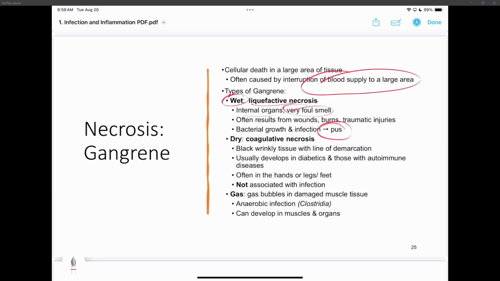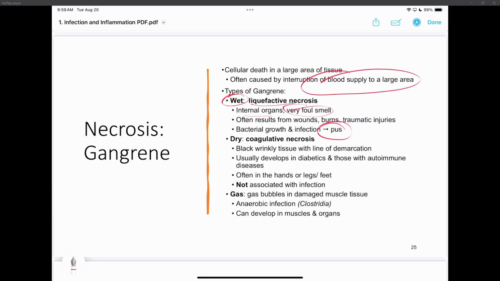When I was on rotations, we had a patient come in with osteomyelitis, which is an infection of the bone, but it spread to the skin, and it caused wet gangrene. And he was sitting in bed with a blanket over his legs. So obviously, you have to inspect the legs. When I pulled the blanket off, that wave of hot smell, nastiness just came right out. They smell really, really, really bad.